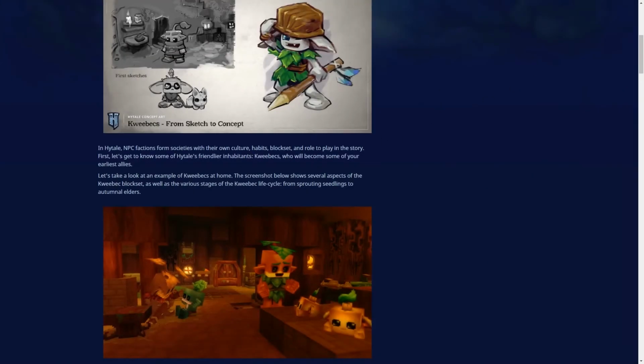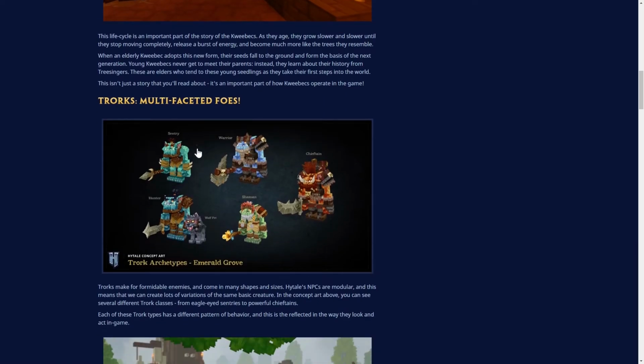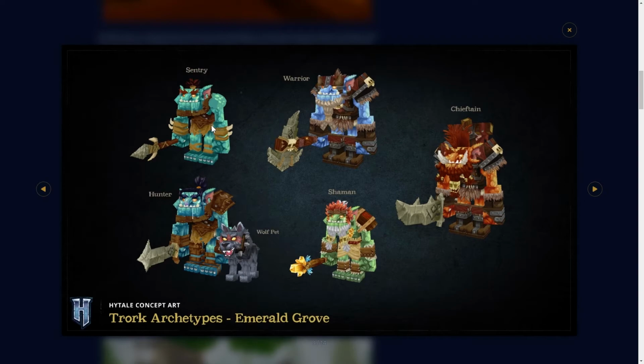Okay. You got the multifaceted orcs, aka the Trorks. You got sentries, warriors, chieftains, hunters, shamans. I'm gonna guess each one is a different rarity. Each one probably drops better things. Sentries are probably your averages. Hunters are probably better. Then it goes warrior, shaman, chieftain. Those are probably your rarer ones to encounter, and they're probably tougher to